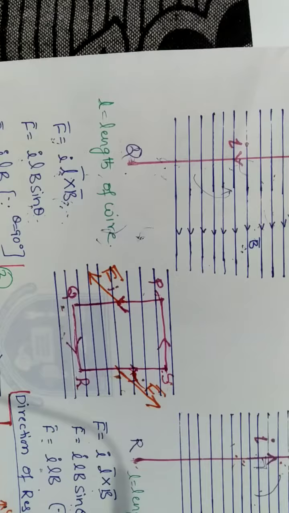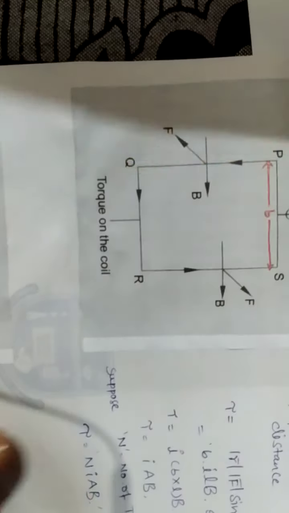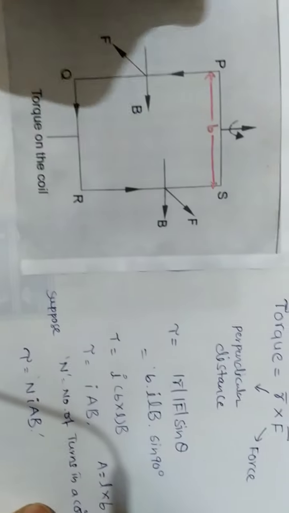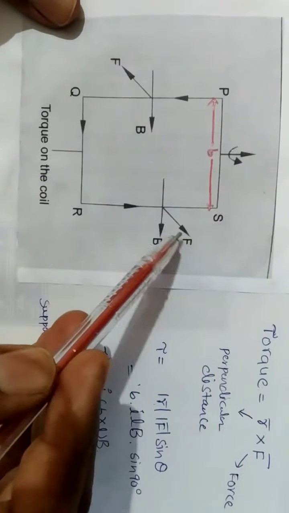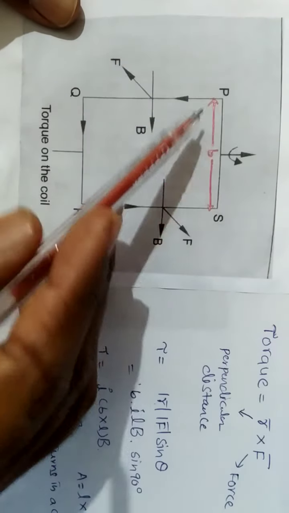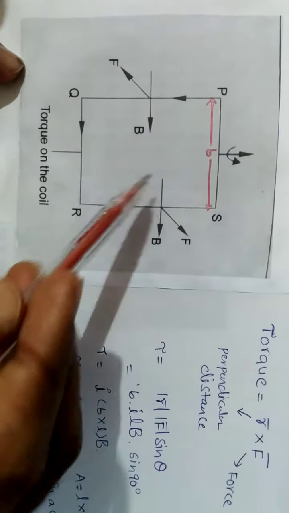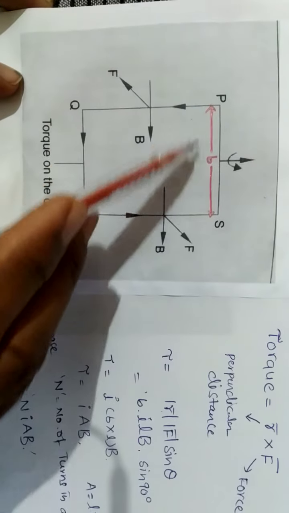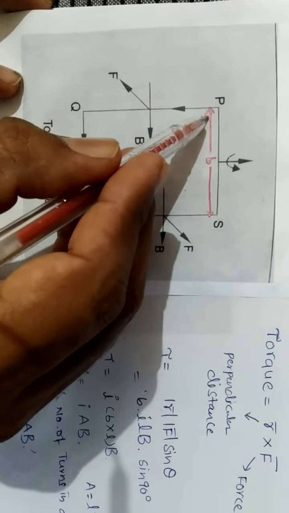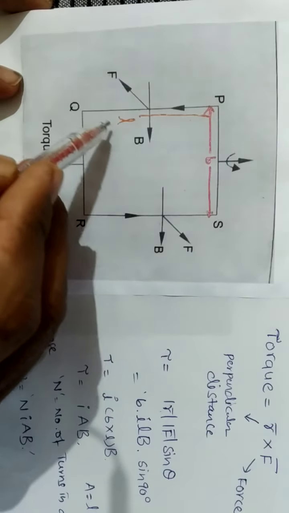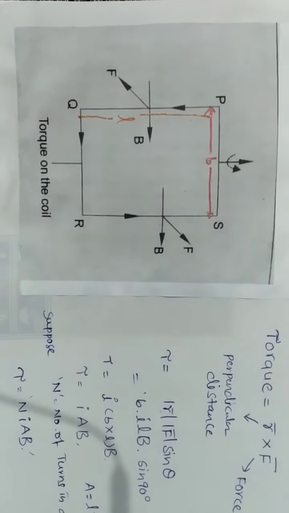Now I draw a simpler one in this way. So finally you got this element. One force is acting in this way, another force is acting in this way. It is a rectangular coil whose breadth is b and length we already know. What is the length? L. We have assumed it previously. Length L, this is a coil.